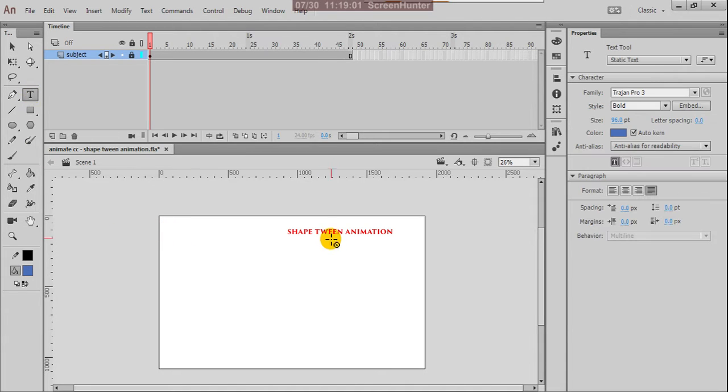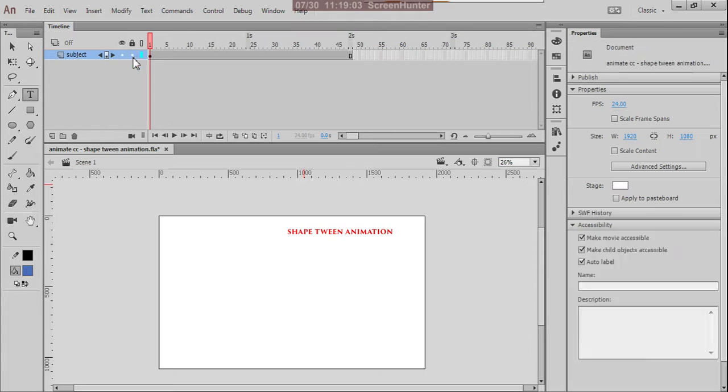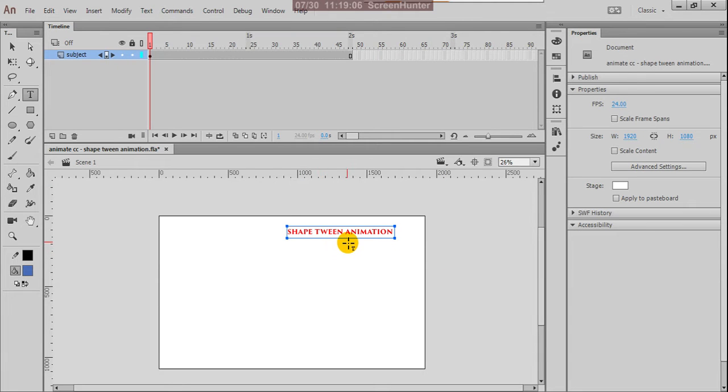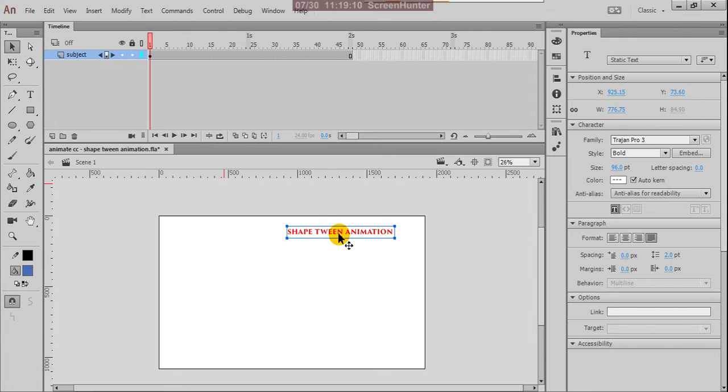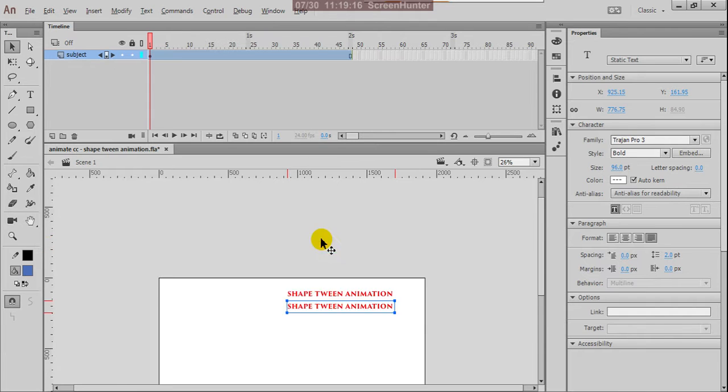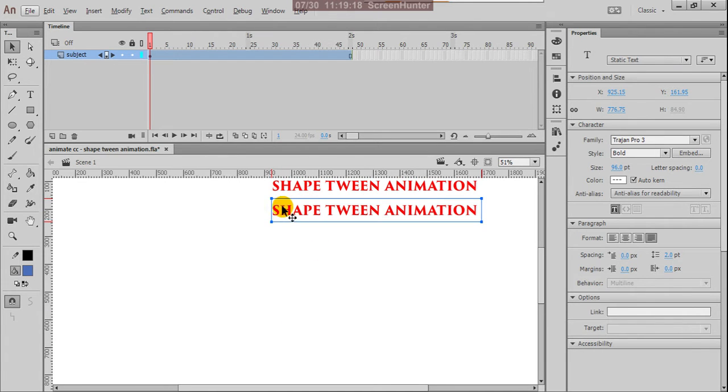So you can write here shape twin or morphing. M-O-R-P-H-I-N-G, morphing animation.